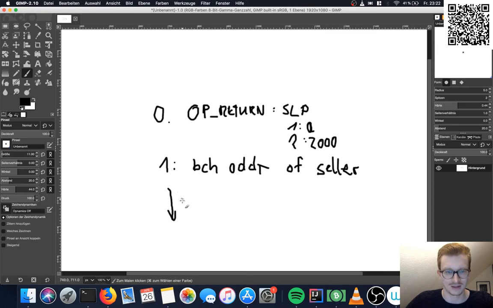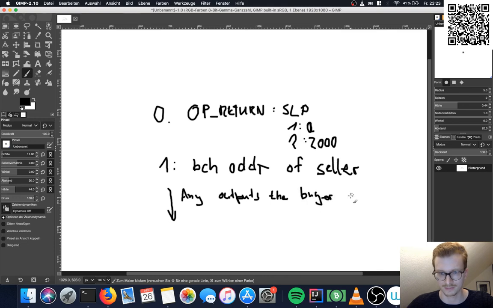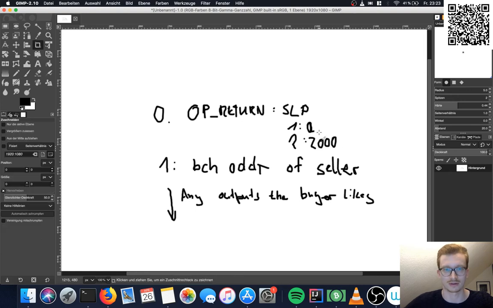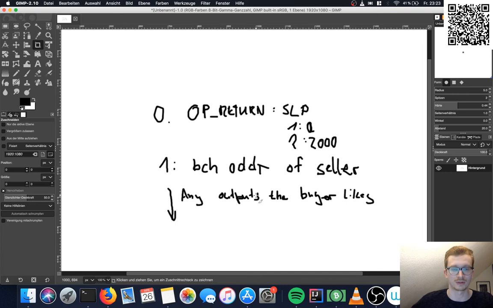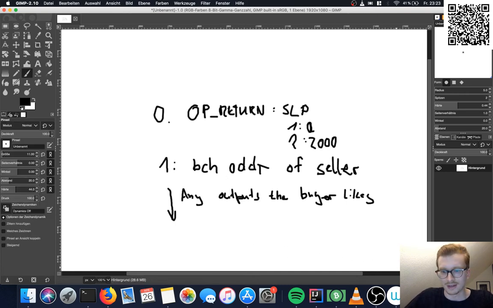And so any outputs the buyer likes. So yeah, and he could burn the 2000 tokens and stuff like that. But the thing that is enforced is the first and the second output. Okay.